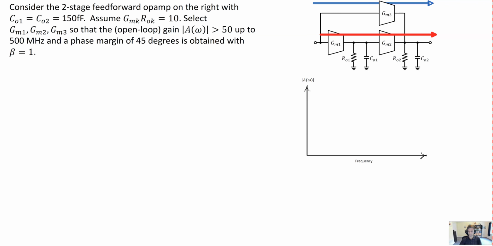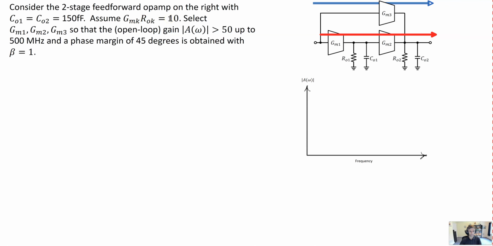Welcome. So today we're going to go over a simple example of feed-forward amplifier compensation. And we're asked to consider the simple two-stage feed-forward op-amp shown on the right here. And these capacitances CO1 and CO2 are somehow fixed at 150 femtofarads. The intrinsic gain of these gmro amplifiers, these transconductance amplifiers, is limited presumably by the technology in which they're implemented